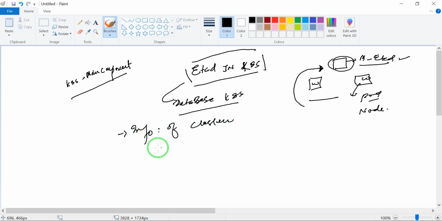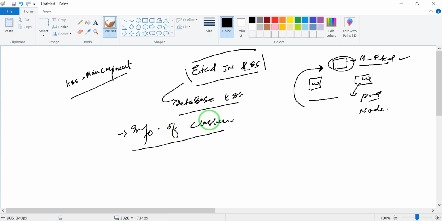Whatever changes come and are made in the cluster, etcd gets updated. Once it's updated, it means all the changes have been completed.